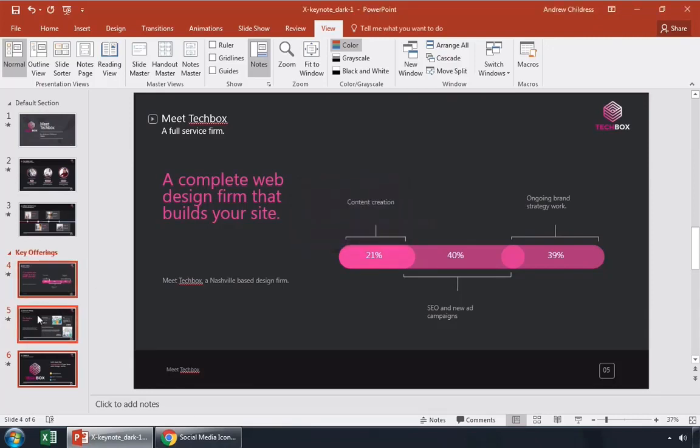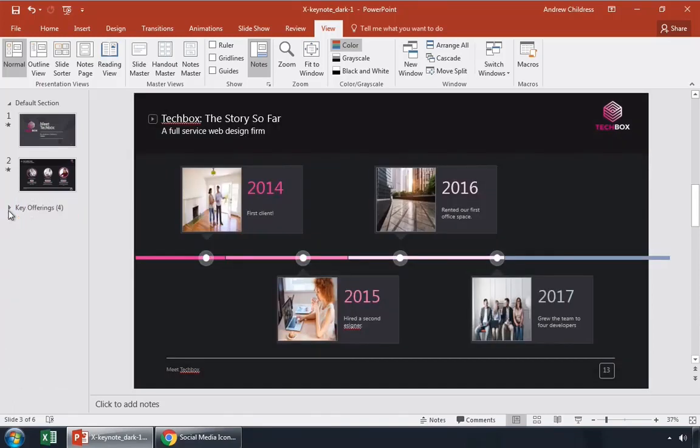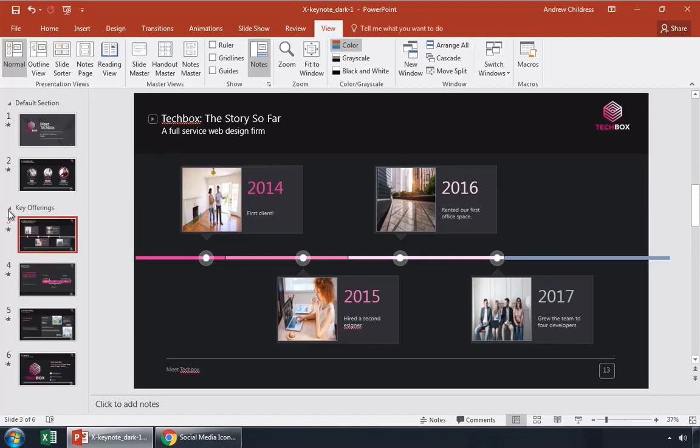This doesn't change anything in the presentation, it just creates these foldable sections to organize slides here on the left side, and you can see me fold the slide up here. You can drag and drop slides into a section in order to get them in the right sequence. In the next lesson, I'll show you some of my favorite tips to get more comfortable when you're giving your big presentation, so